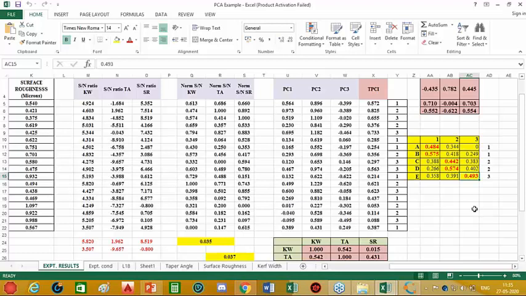The next task is the same, since again we need to maximize, because TPCI also represents the SN ratio. So for every factor, we find the maximum value of the average TPCI. For the first factor it is at level 1, similarly this is also at level 1. For factor C it is at level 2, for factor D it is at level 2, and for the last factor it is at level 3. So 1, 1, 2, 2, 3 is the optimal level combination.